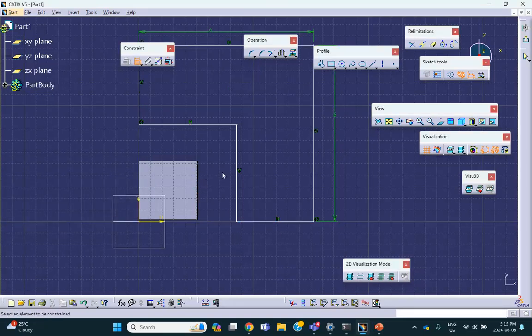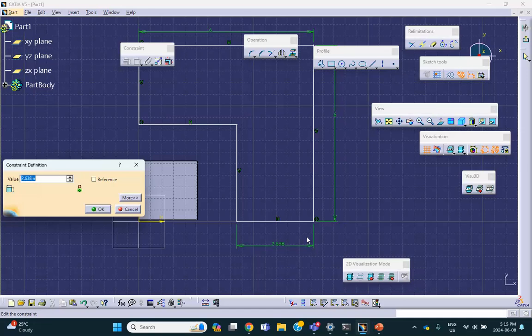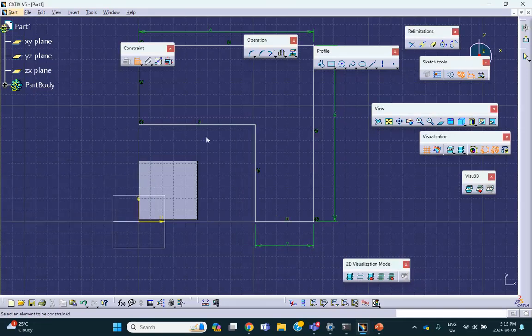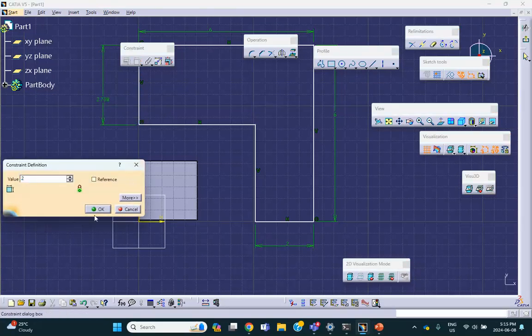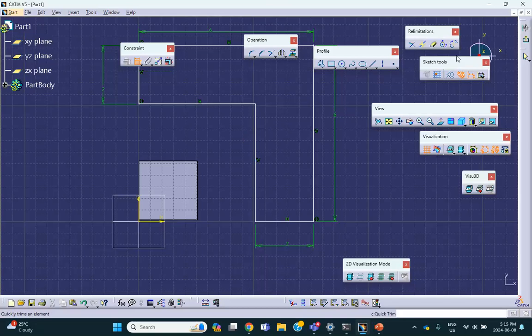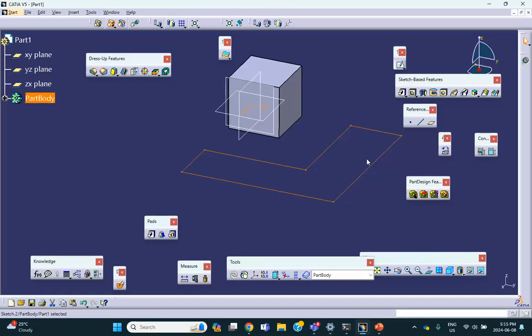Now, this is 2. Based on the drawing, it looks like it's 2. Yeah. And so is this one. Okay. Exit. This is a nice closed curve, so I can go to,